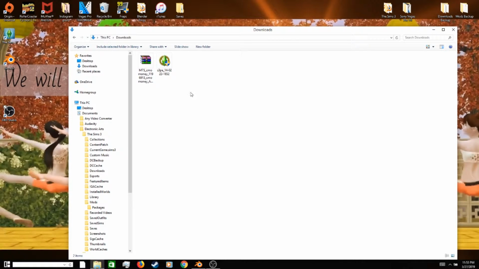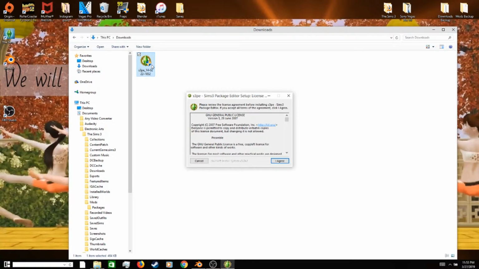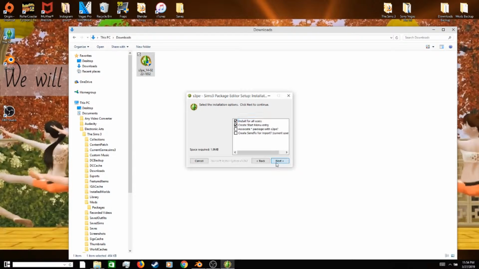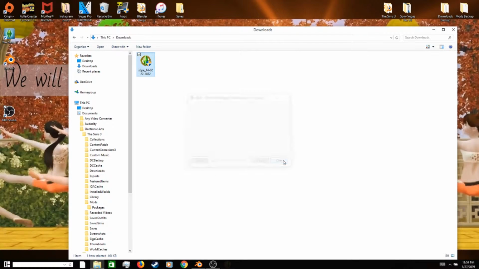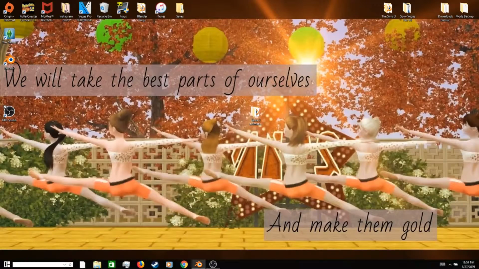Done. Okay, so we don't need that anymore, and next we're just going to go ahead and install S3PE, Sims 3 Package Editor. Okay, so now that those are both downloaded and set up and ready to go, we are going to open